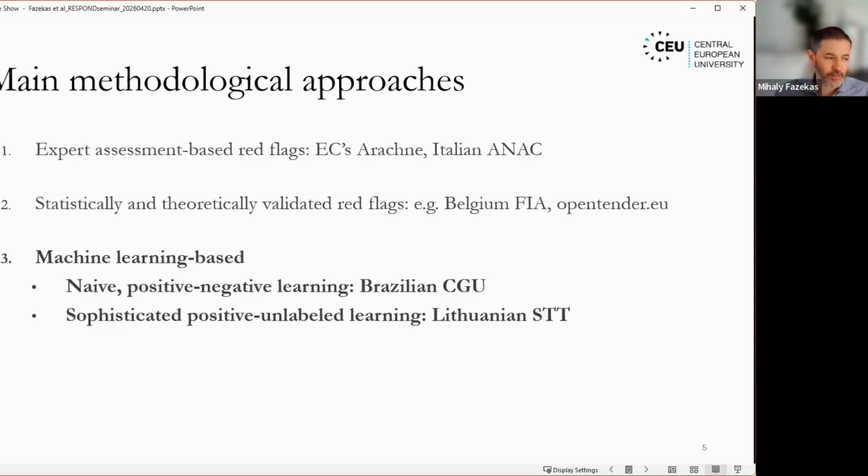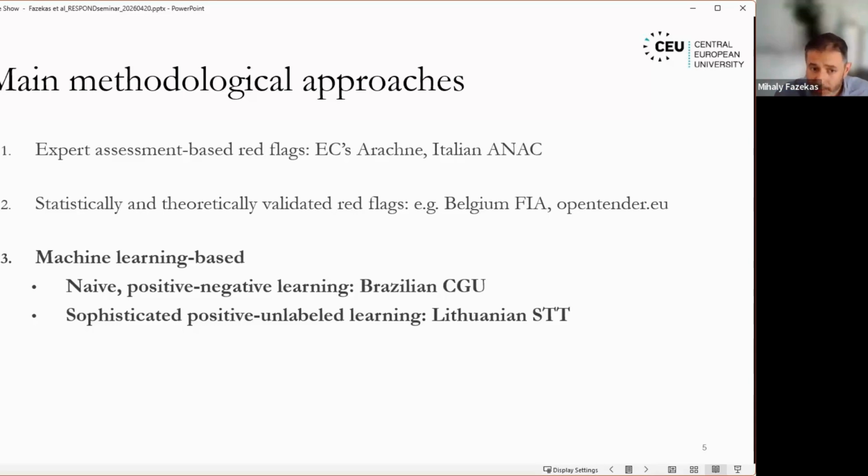So some sort of statistical testing helps us to establish that red flag A is more often associated with corruption than with non-corruption, okay? So this is my work, and some of you might know the opentender.eu, EU-wide, so now it's a Europe-wide platform. Now, group number three, and I will